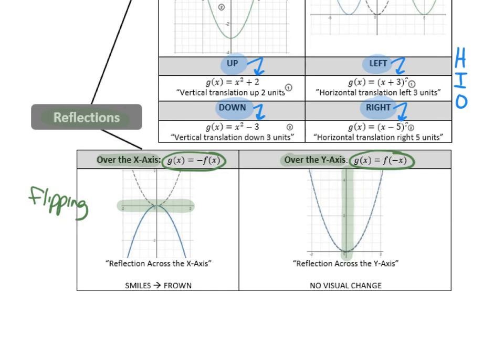For even functions, which is what this is called, reflections over the y-axis don't really make any sense because they land right on top of each other. Let me put this down for a second. In